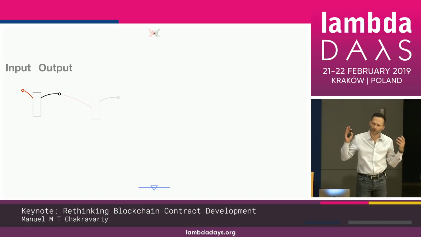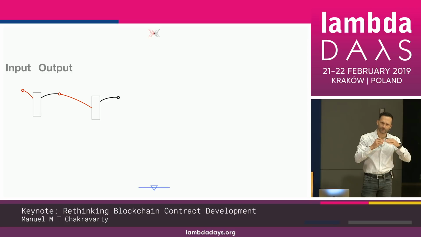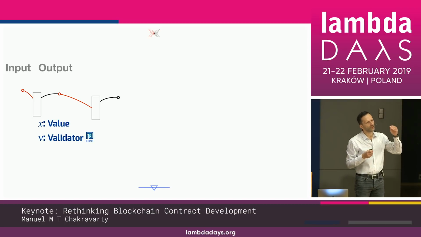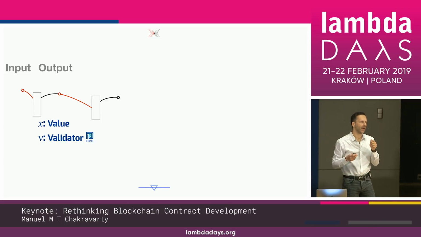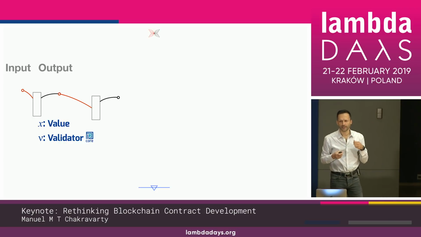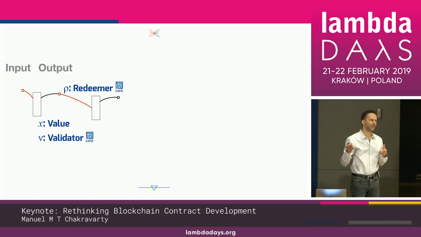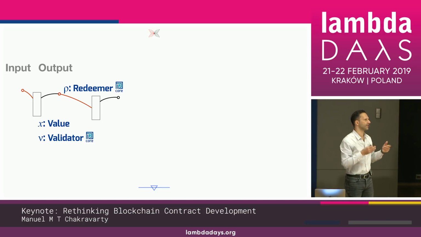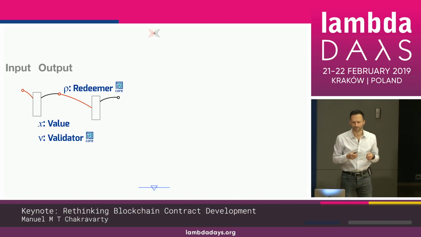Now, in order to link two of these transactions together, we have to validate that this connection makes sense. This works by attaching to each output not just the value which is being transferred, but also something called a validator script. That's a piece of code which says, well, I'm willing to connect to this input or not. And the input contains something called a redeemer or witness, which is a piece of data or code which proves that it has the authority to spend, for example, those funds or make use of that data.